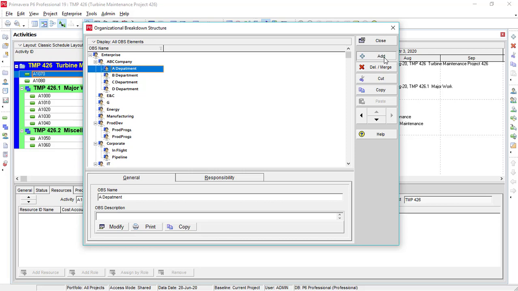Just click on department A, add here O and G project.